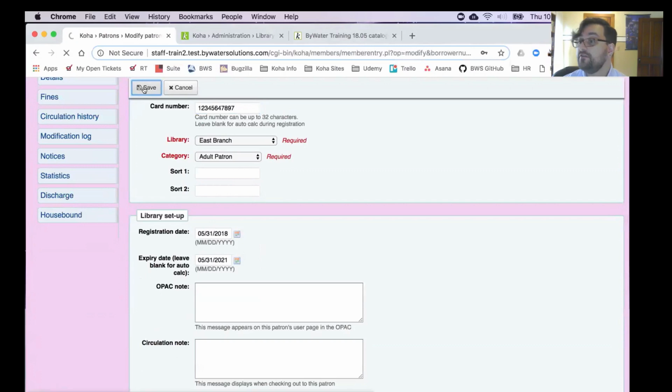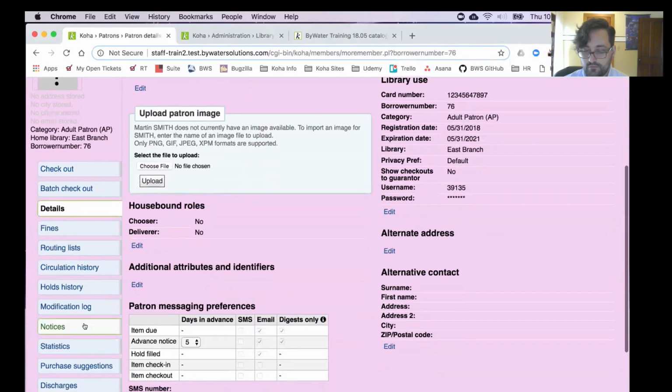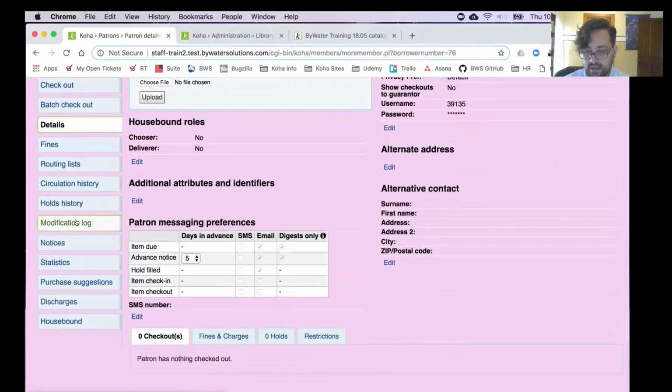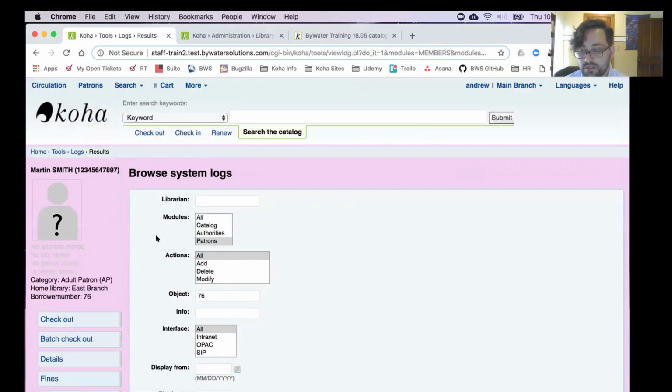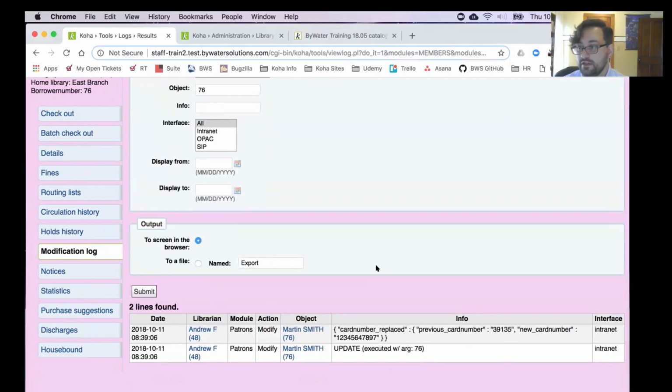So previously, any change you made to a patron just got logged as patron was modified. 1805 has added some tracking for changes to card number and previous card number. So we can see here in the modification log, Martin's card number was 39135. It is now whatever I just typed in there. So very nice upgrade for